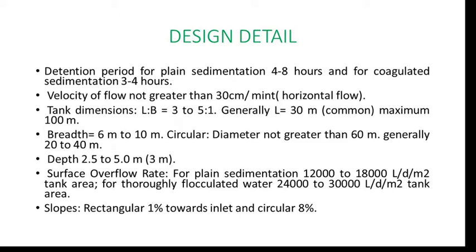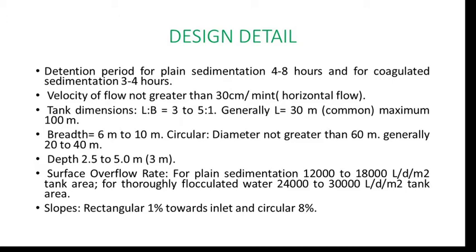And the second type is the continuous flow type tank. In a continuous flow type tank, the water flow is continuous, and the working of this type of tank is very easy. The impure water continuously flows into the tank, and from the other end you get the pure water, after the suspended solid impurities have settled down in the tank. The velocity of the water is adjusted in such a manner that you can remove the suspended solid impurities in that basin.